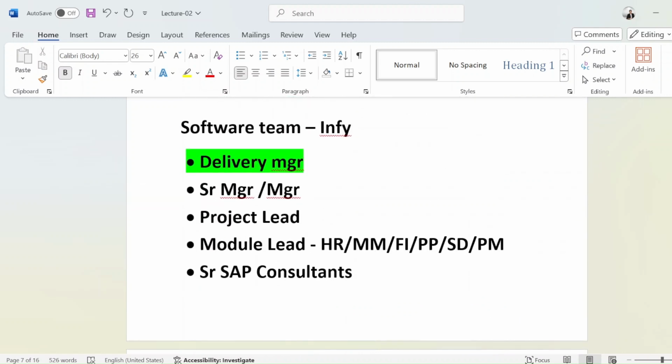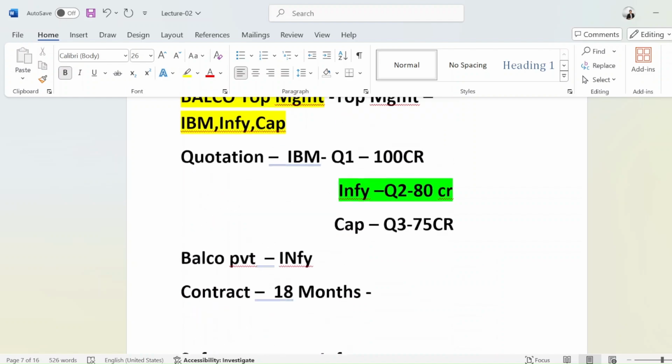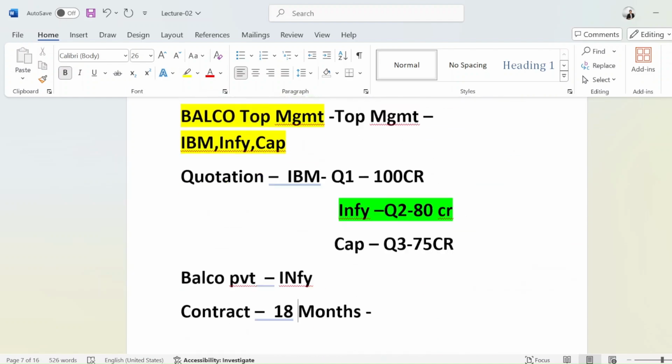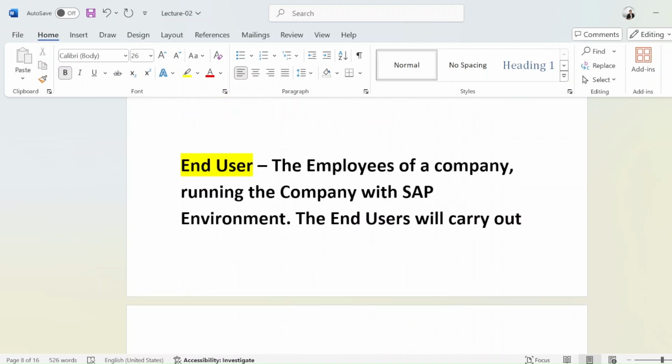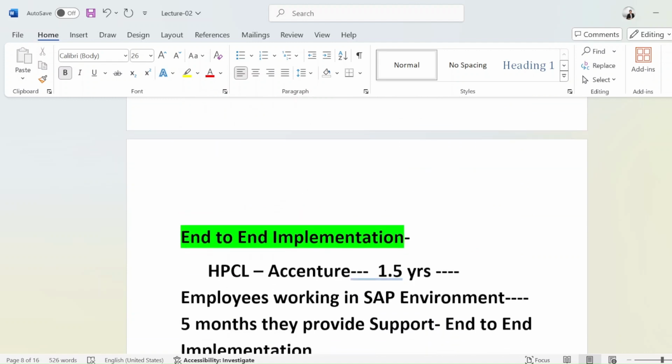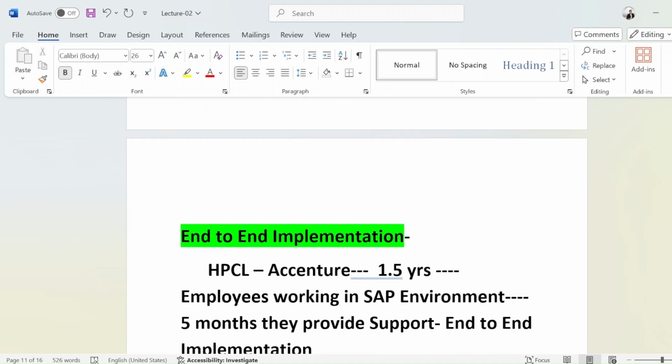So I guess it's clear to you what an E2E implementation is. End to end, we also say E2E, or end to end implementation project.